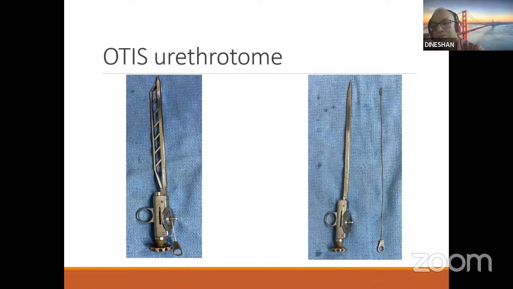Now, going to the urethrotome: what is it? This is an equipment used for doing urethrotomies. Two common situations where you use this nowadays: if you want to pass a larger instrument like a resectoscope or any other instrument in a male patient with a narrow urethra. Otherwise, if you force a larger instrument, you are sure that you may injure the urethra, and you are asking for a stricture. So this is one of the indications.